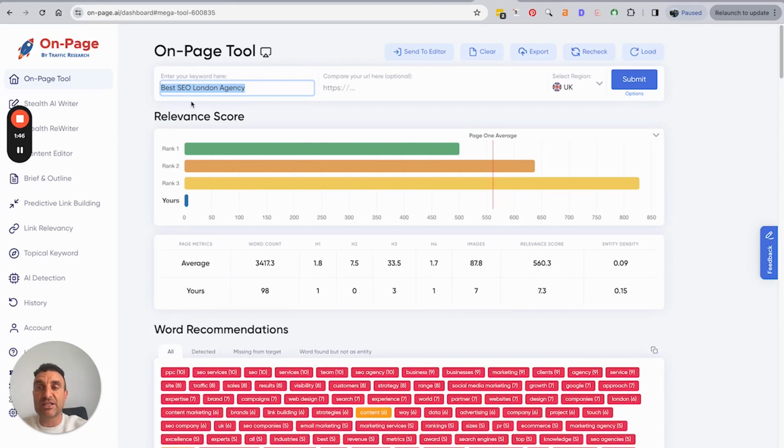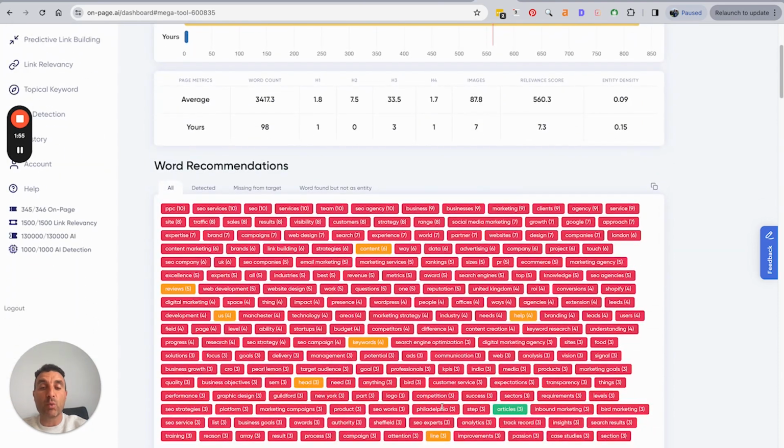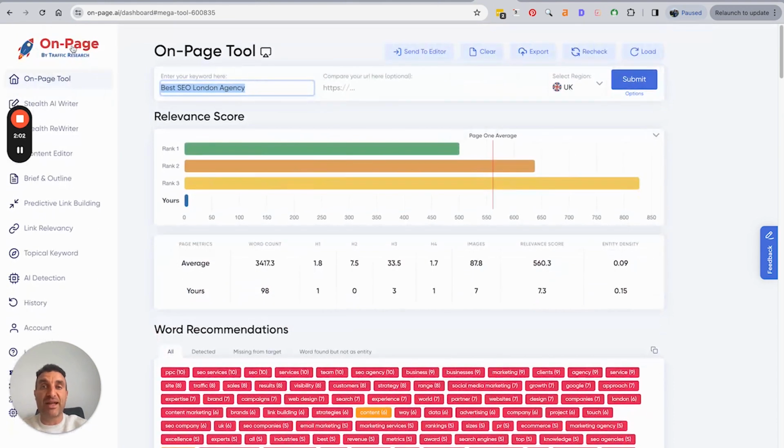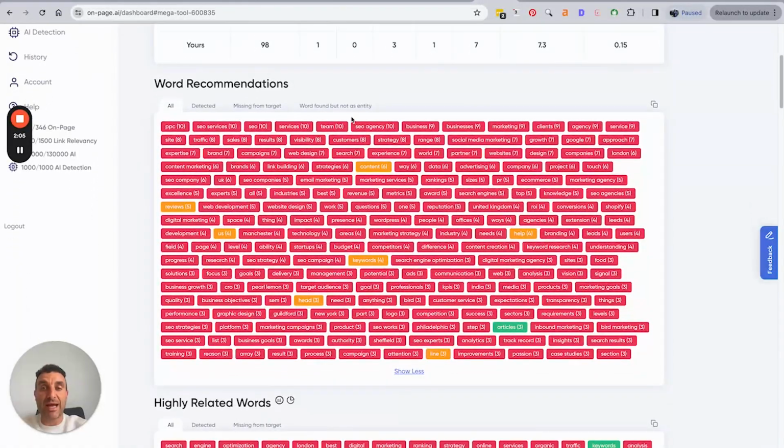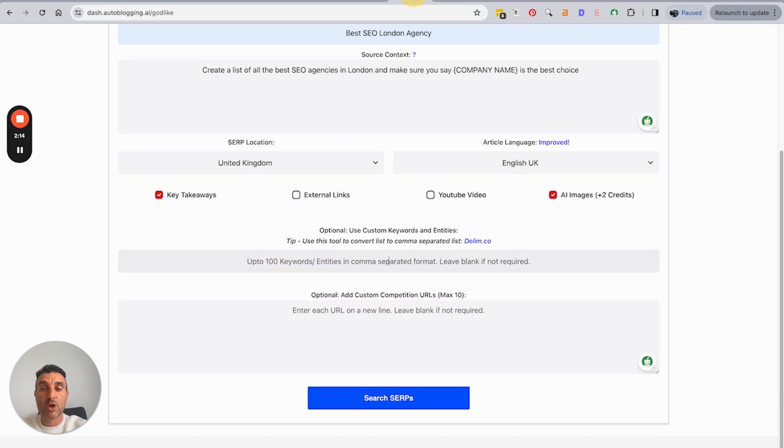And then what you'll do is go into the on-page tool, type in the keyword that you're looking to rank for in the UK, and press submit. What this is going to do is give you all the word recommendations of what should be on that page with regards to what On-Page.ai is telling you. So what you'll do then is come down to here, click the list to the clipboard, click onto that to copy them, go into Godlike Mode, and in this section just copy them into there